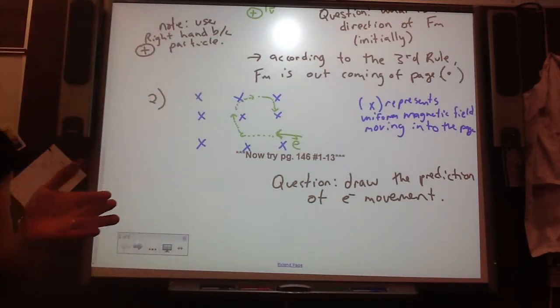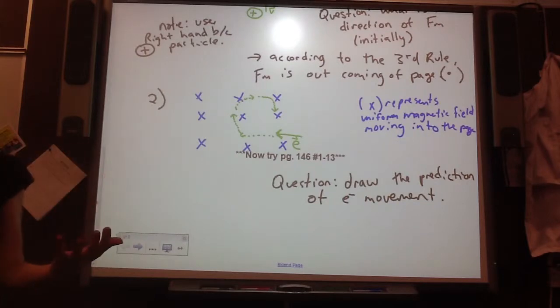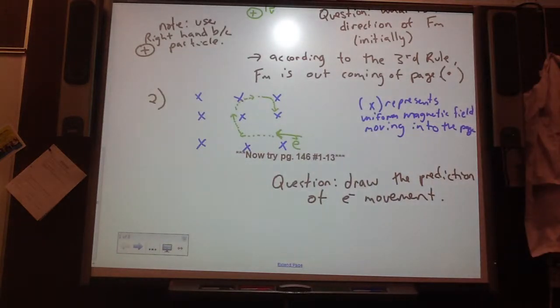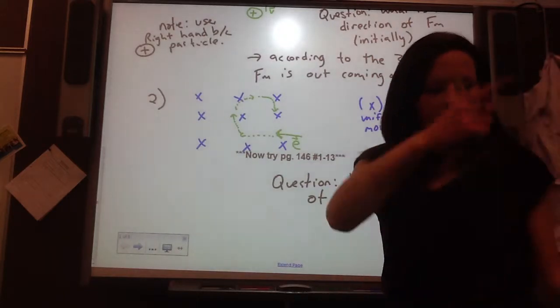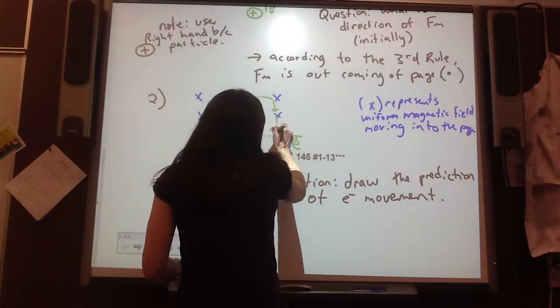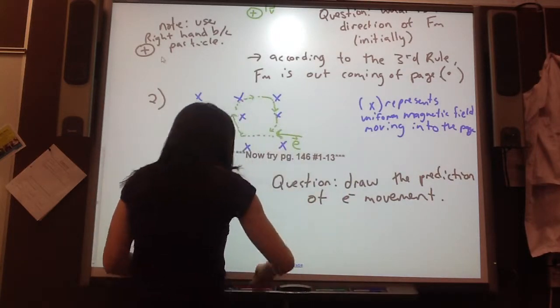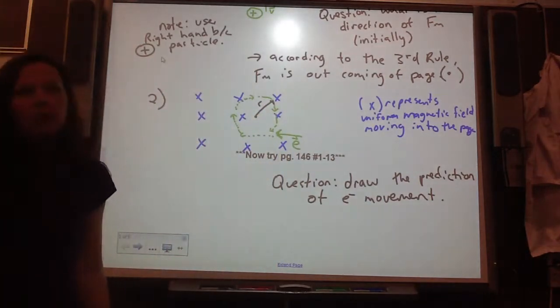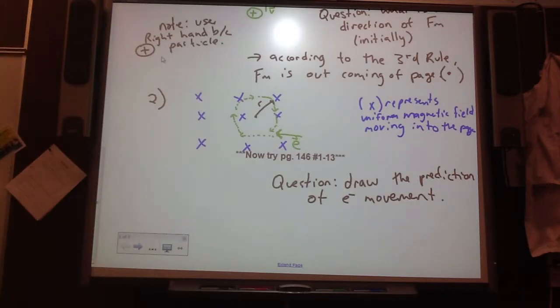As it's moving through, it will experience different forces because of the magnetic field. Its velocity is changing because the direction is changing. Even if its speed stays consistent, it will have a change in velocity. So this is how we can get this circular motion going. Then if we looked at this, we would be able to note there would be a radius here because it will go in a circular motion. So that green is the answer to that question. Okay, so now you can do